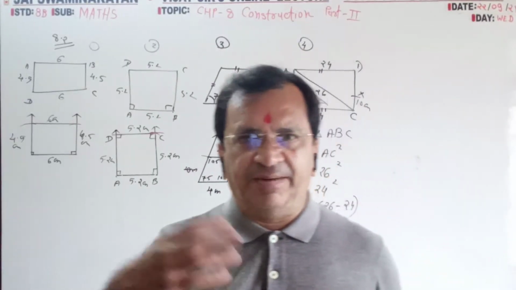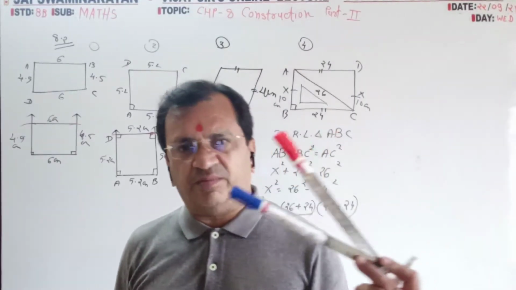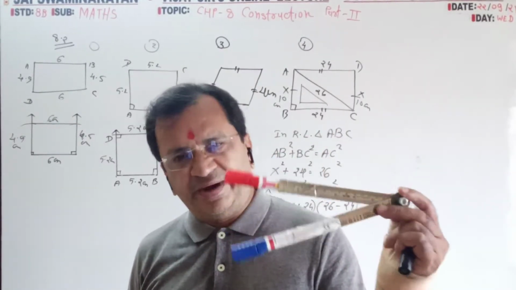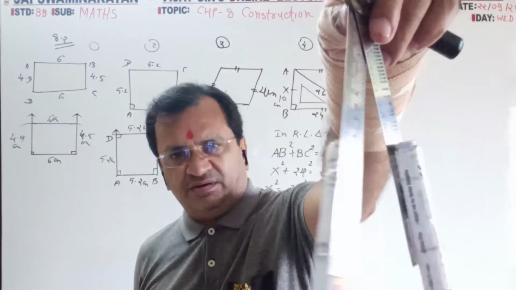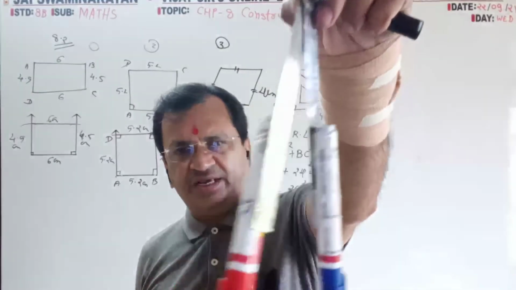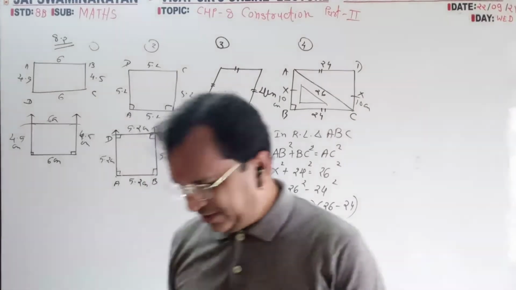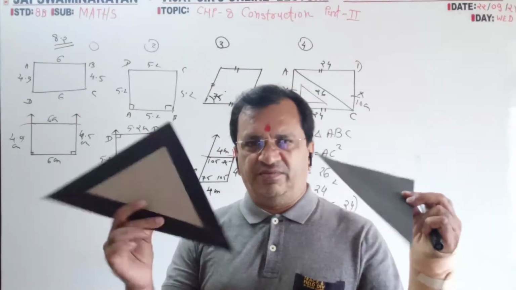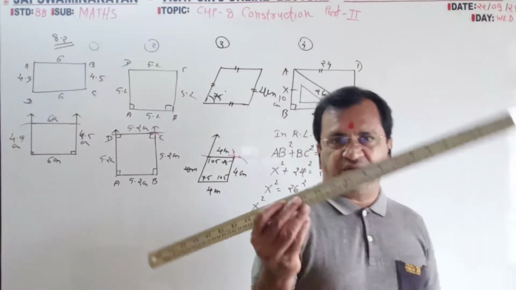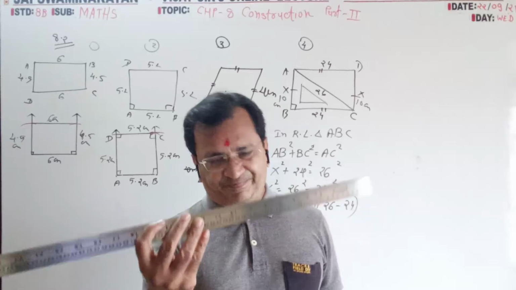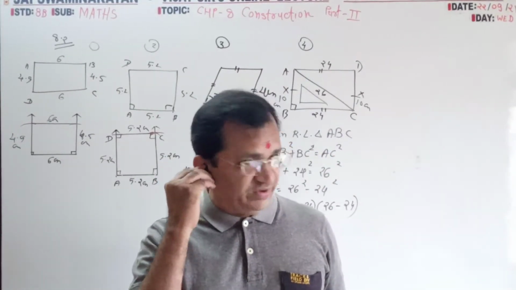Day by day I am trying to improve myself. See, there was a problem with the protractor. This is a homemade protractor made from a steel scale, screwdriver, nut bolt, sellotape, two markers. There was a small apparatus in the compass box, not available, so I made it long. There was a long line problem, so I bought this very long stick scale. Regarding the voice problem, I bought this new, very expensive mic.